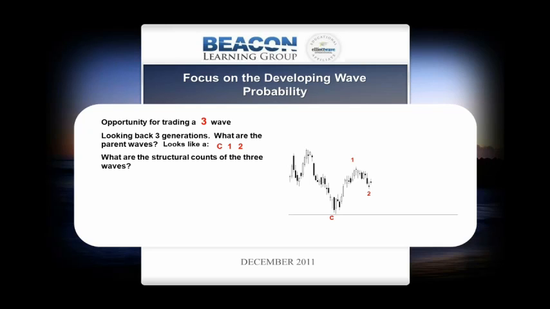And so therefore what would I expect on the next situation? Well, the structure here definitely would be a 5 count C wave, a 5 count 1 wave, and a 3 count B wave, or 2 wave. And as the structure outlines itself here, you can see that we do have a 5-5-3 setup.